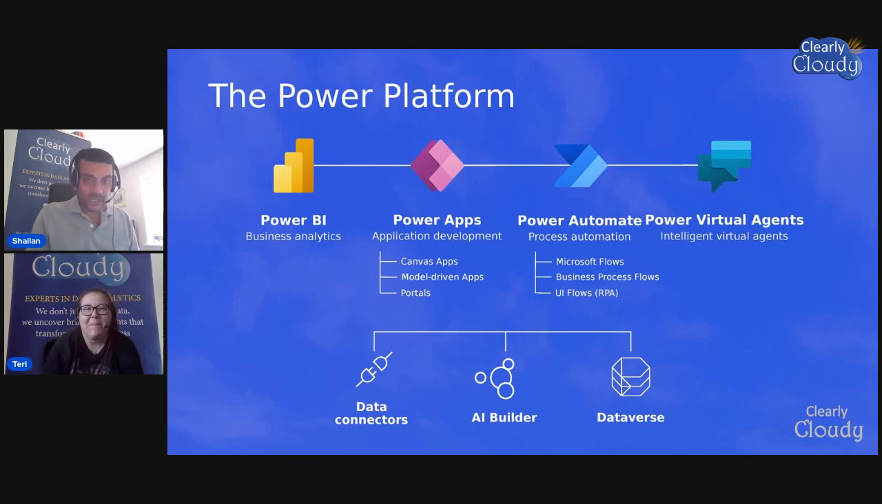So first of all, if you came to the last one, you may have seen this slide before. The Power Platform. Power Automate is part of Microsoft's Power Platform. And we spoke about the other elements. So Power BI for your business analytics and data analytics, Power Apps for your low code, low cost application development. We spoke about different types there. Virtual agents for things like your bots and integration,